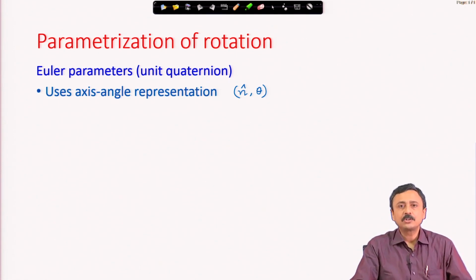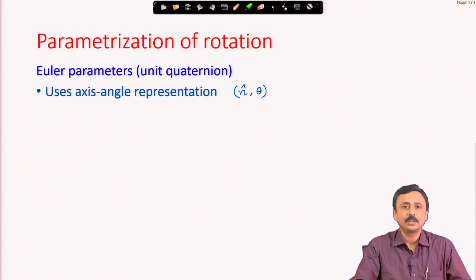Why do we need to parametrize rotation? Because we need to represent this rotation matrix in terms of the minimum number of variables, and as you know, rotation can be represented by 3 parameters. So, we would like to know how the rotation matrix can be written in terms of these 3 parameters. And these 3 parameters are just like when you represent the position of a particle, you have x, y, z with respect to certain origin, with respect to certain coordinate system. Similarly, when we represent a rotation matrix, it represents